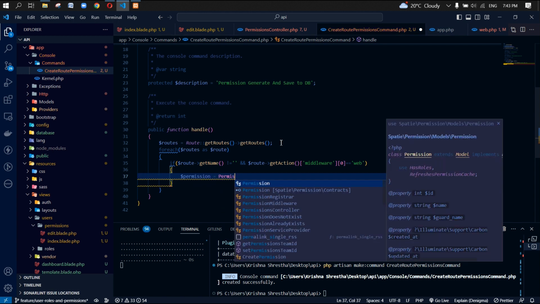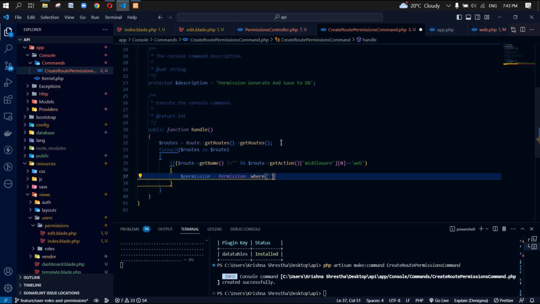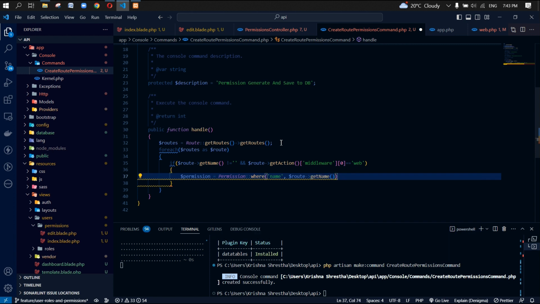So let's create the permission, and inside let's pass the permission variable. The data that requires permission is where name, and then getRouteName, pass the first,